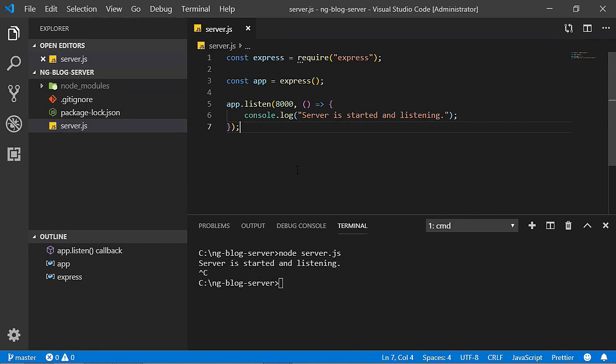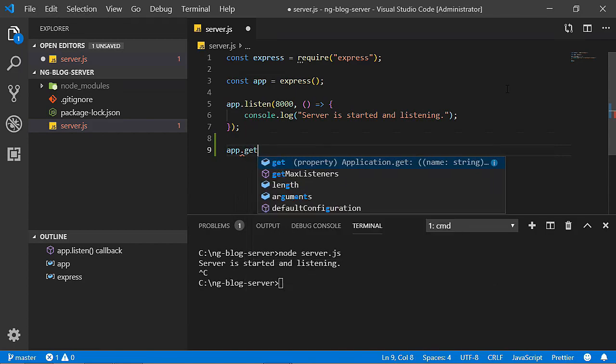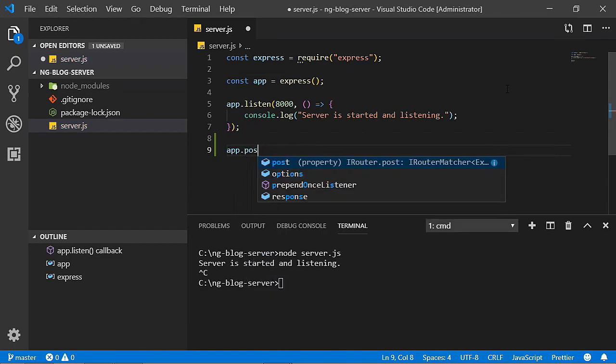And this is pretty straightforward. Again, we use the app, like in line 5, app listen. Here, in this case, we want to use one of the HTTP methods for our REST call. And as you can see here, we have, for instance, a get call, post, put, also delete, which would complete